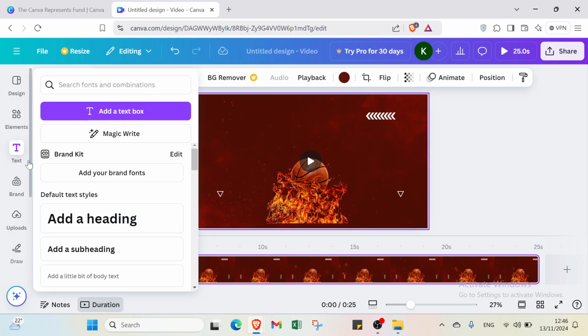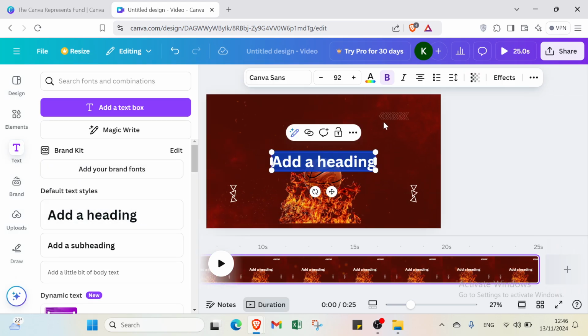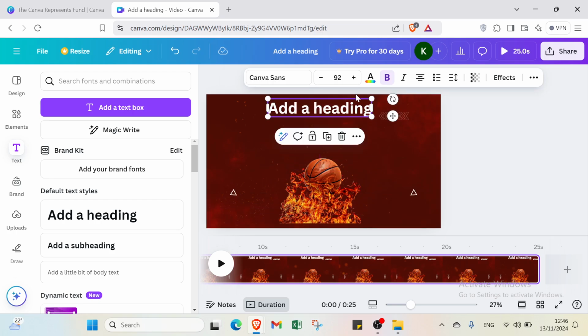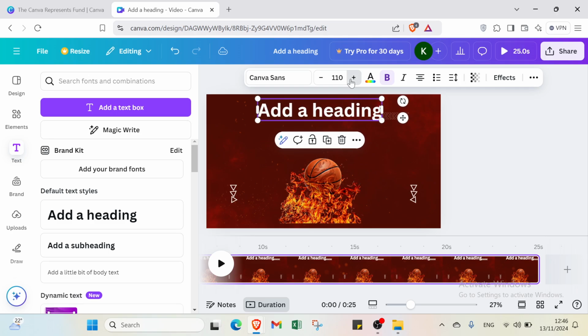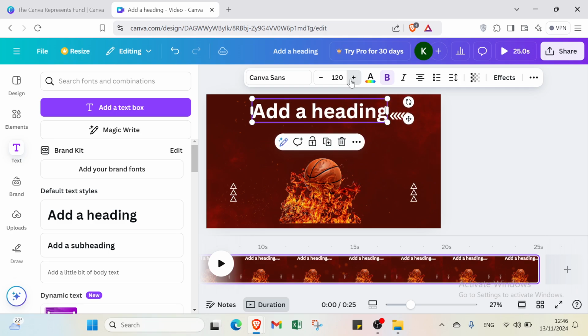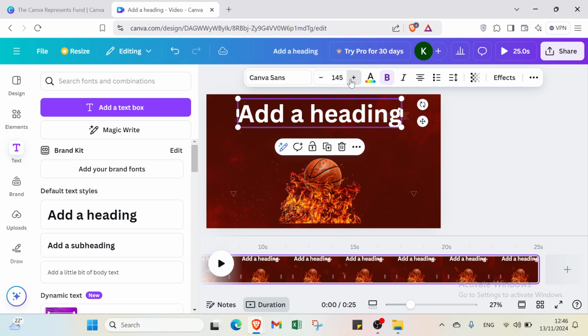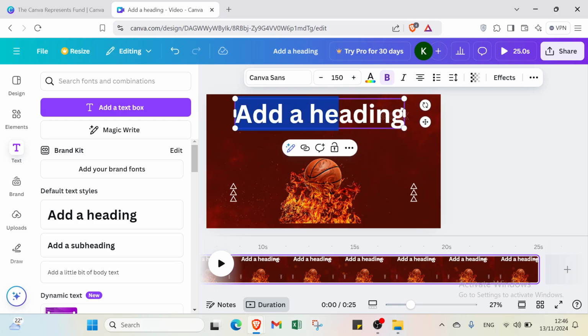I will just go to the text firstly. I will add a heading like that. I will put it in the top, and I will just here custom the size. I will put it 150. And here we have it right now. I will just here write,